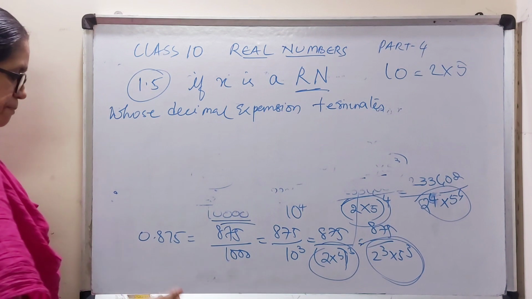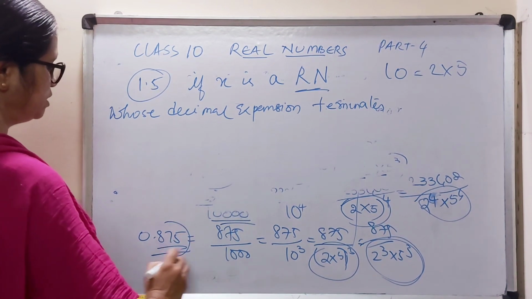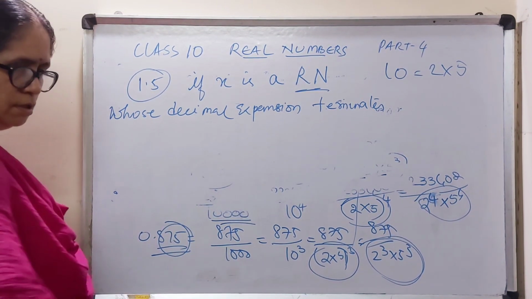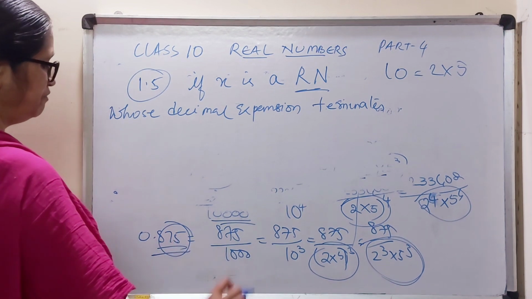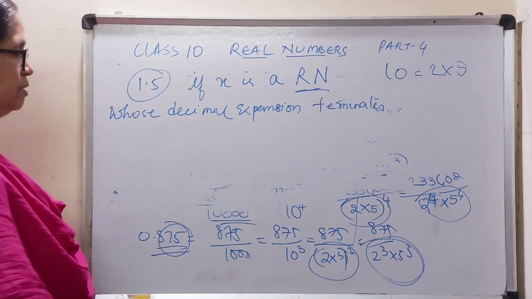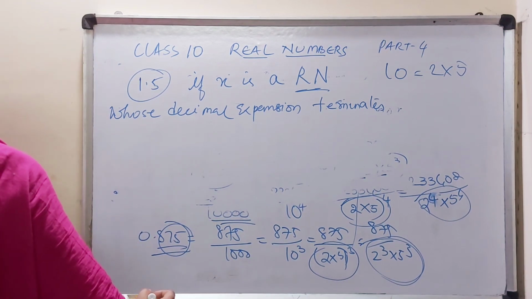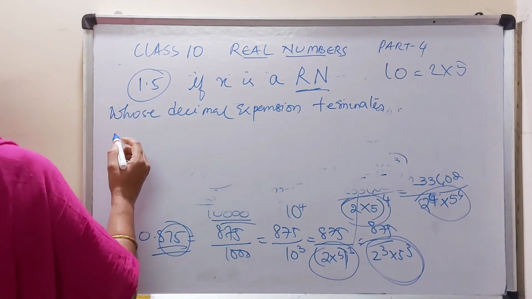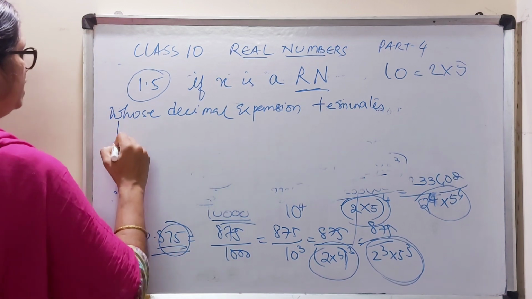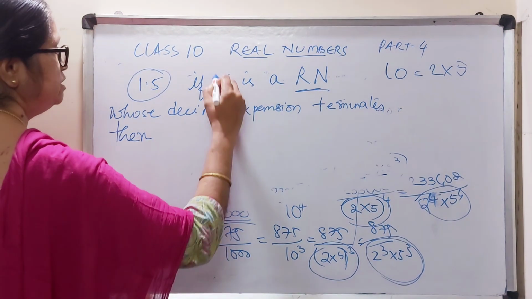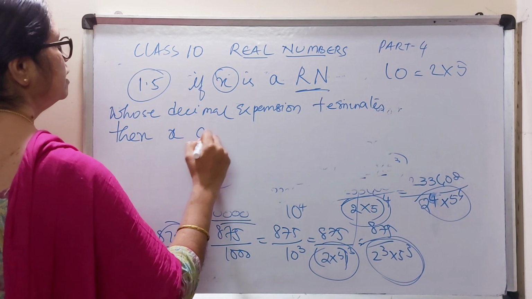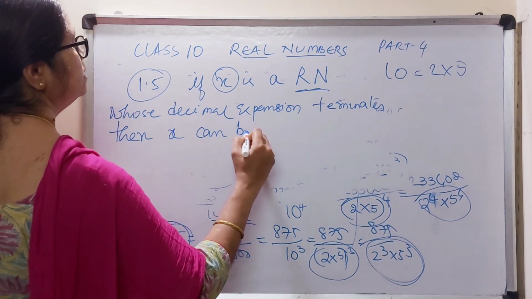In the above examples we have seen all these decimal expansions are terminating, right? They do not continue anywhere; after 875 it stops. These are called terminating decimals. If a rational number x has a decimal expansion that terminates, then it can be expressed as